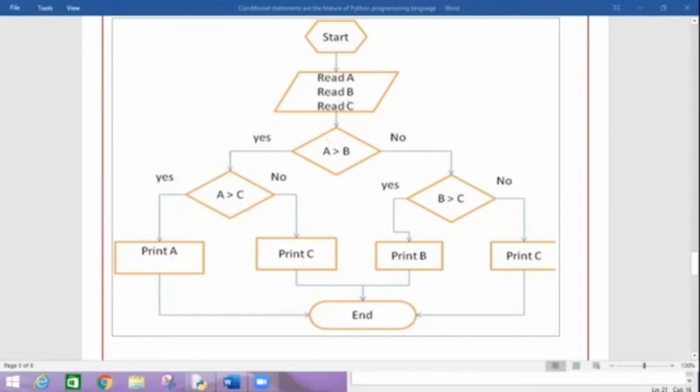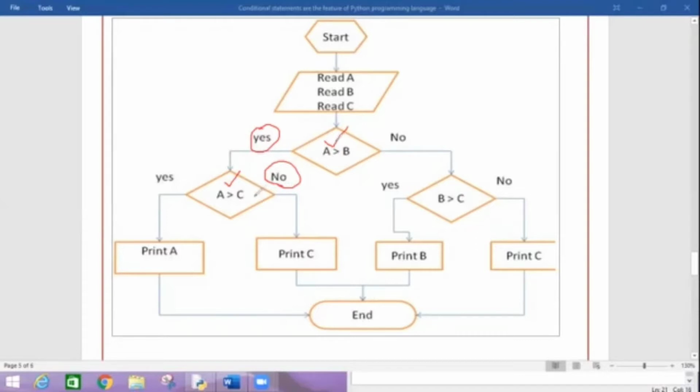Next is that I start with checking this condition. A is greater than B. Condition becomes true. I am checking another condition, whether A is greater than C or not. And in this case, my answer is no. This is the same condition as I told you that my option 1 is correct.